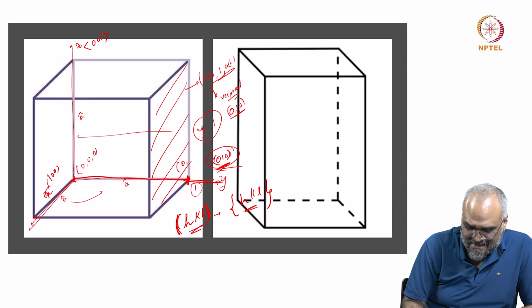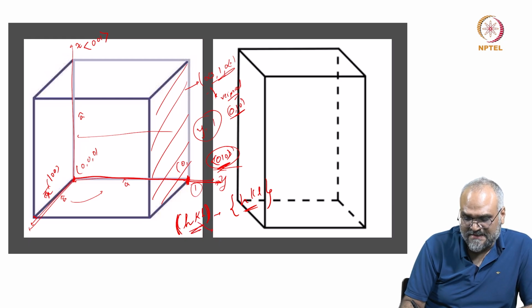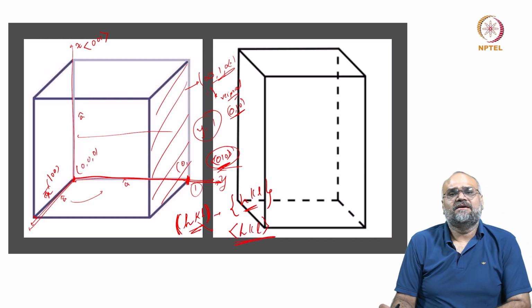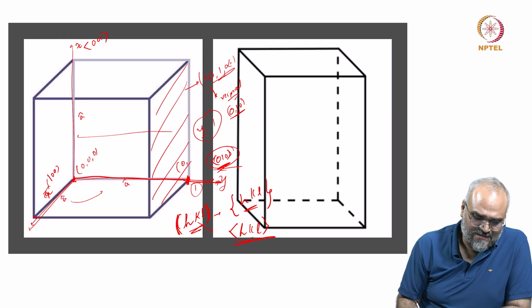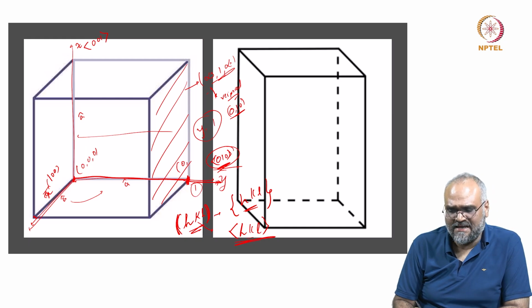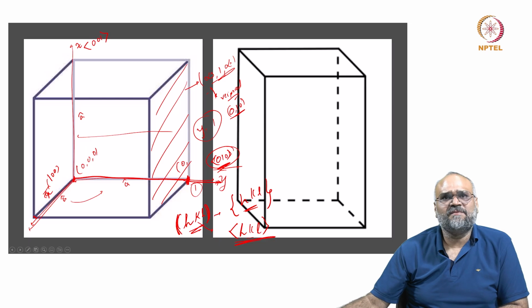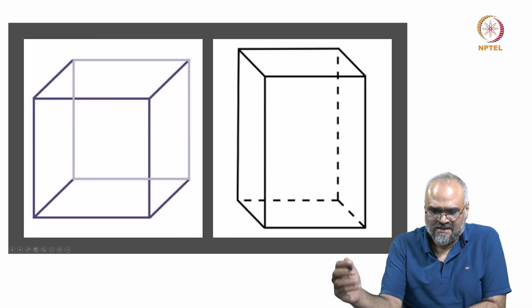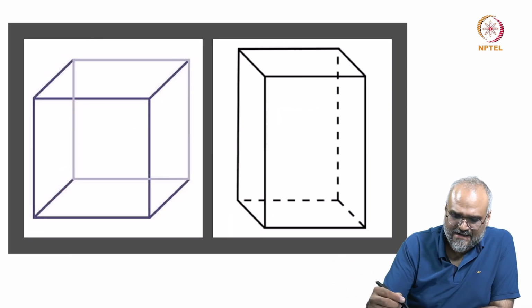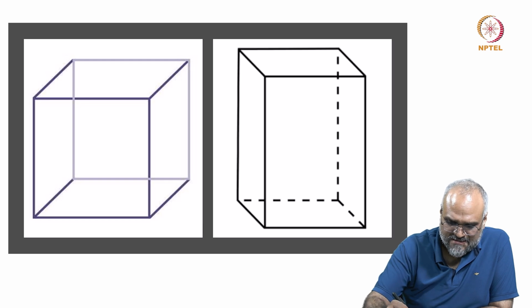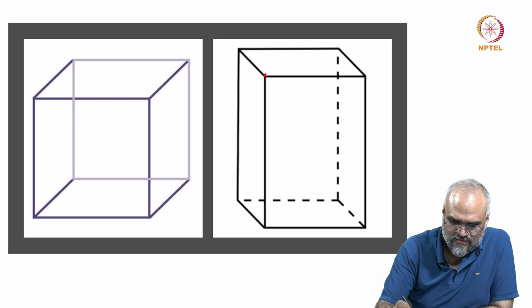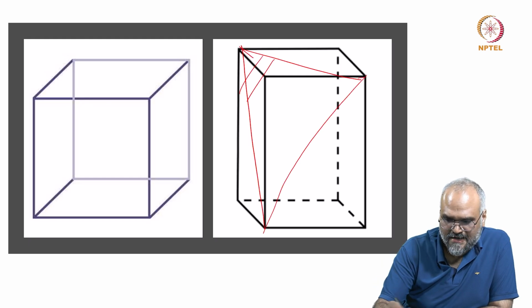Miller's index for a plane corresponding to HKL is usually the direction vector of a plane normal with the indices HKL. That means for any random plane. So, let me take this asymmetric system now. Let me take a body diagonal plane which looks like this. Let me connect this point to, so if I have a body diagonal plane like this,